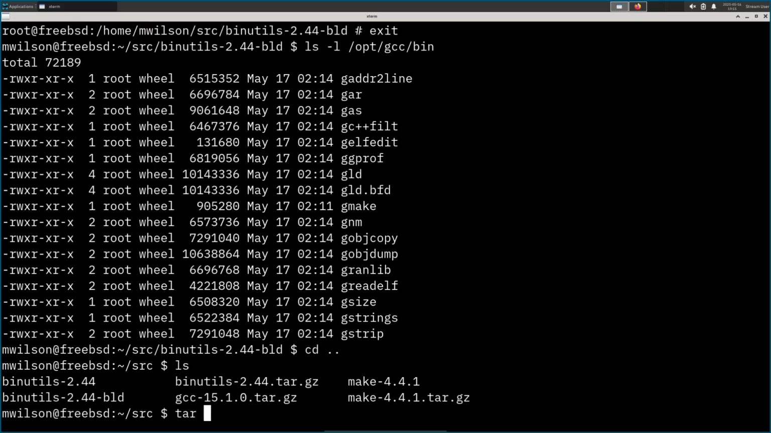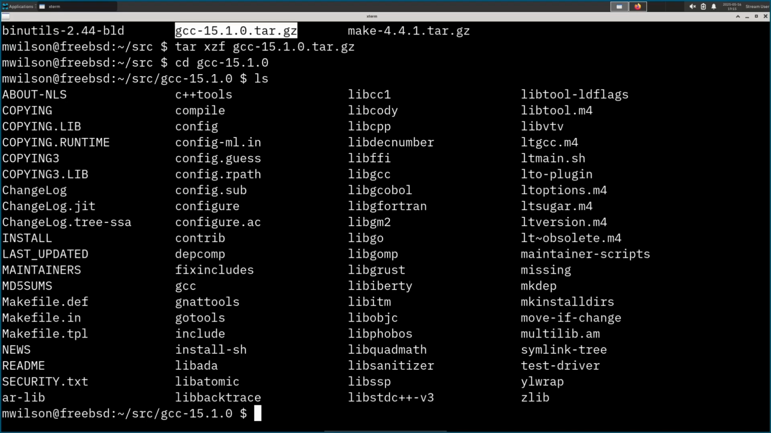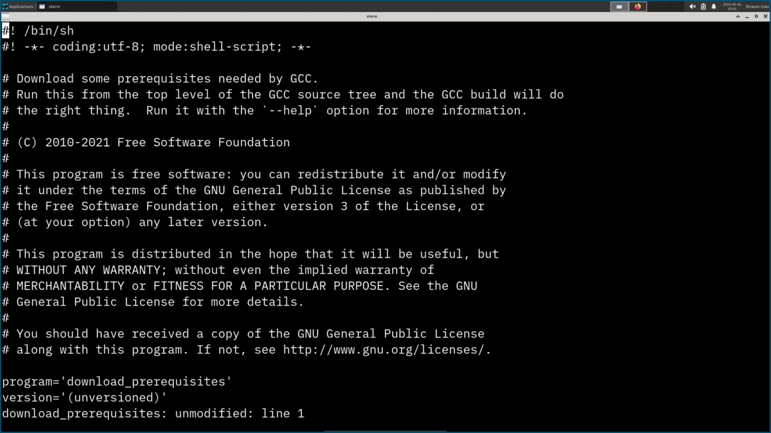But to do that, let's go ahead and extract the GCC archive. And if we go into, that should have given us the GCC directory. Yep, so here's the GCC source tree. And if you go into this contrib directory, there's a script here called, where is it? It's called download_prerequisites. There it is. So if we take a look at this,